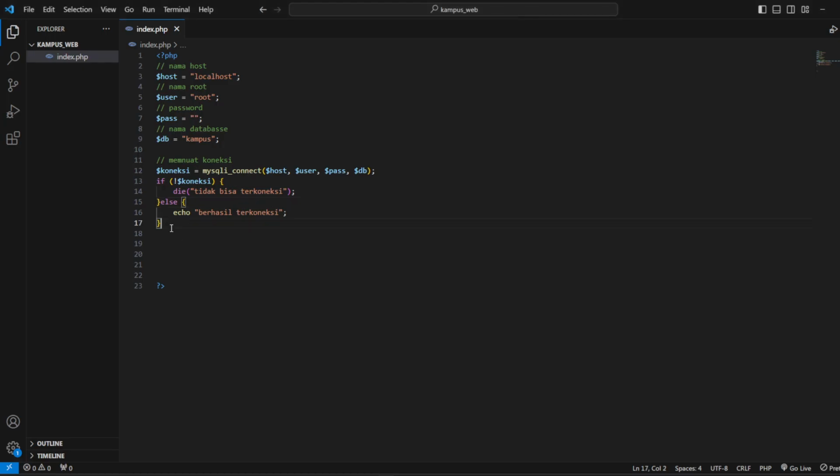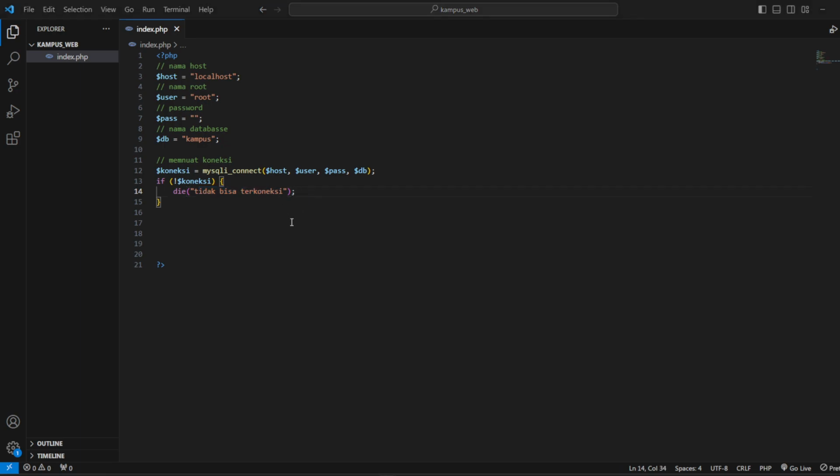Okay, you can check again. Nah, you can look, this is berhasil terkoneksi. So our database is connected to our file. Okay guys, and then after that you can delete this because we do not need it. We just need if the koneksi is die, tidak bisa terkoneksi, just this.